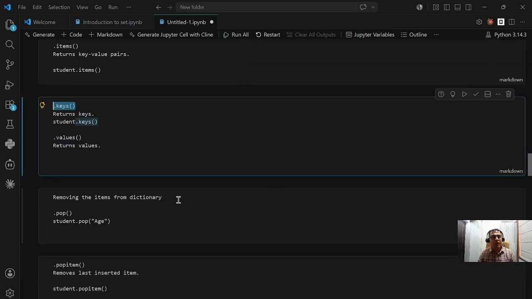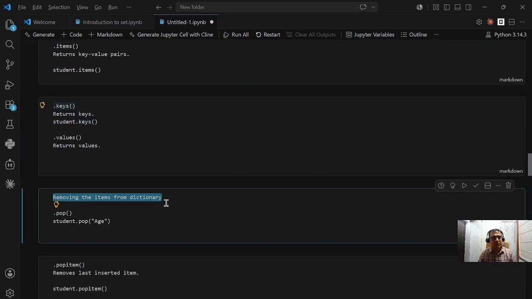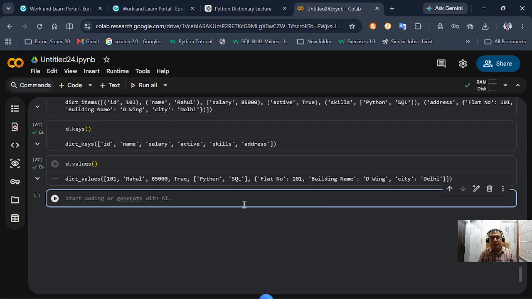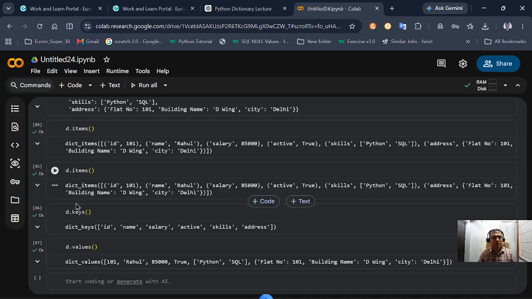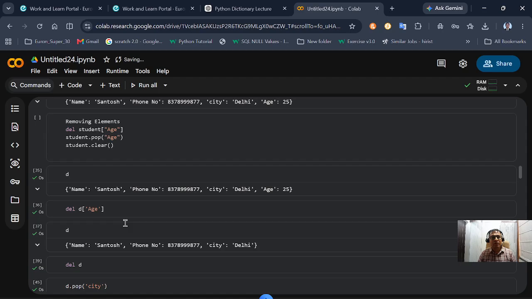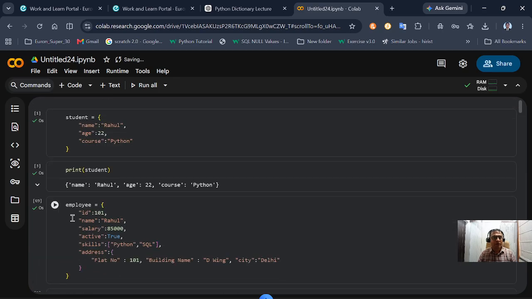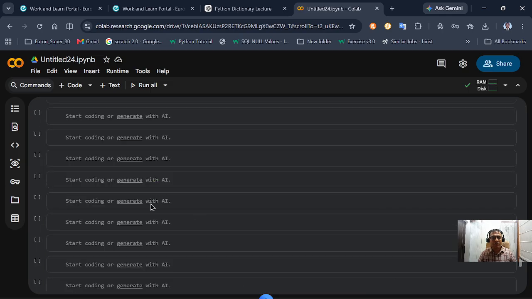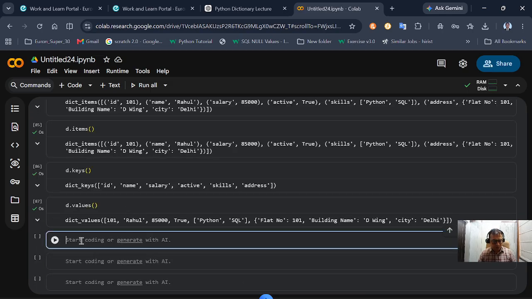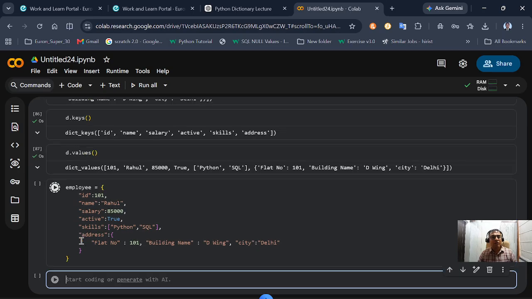Now removing an element from the dictionary. This is a very interesting thing when we are removing an element from the dictionary. Suppose I have created one dictionary here. Let's say employee, which we have created earlier. I'll just quickly copy this dictionary and paste it here. Now the interesting part is this employee dictionary is now created,